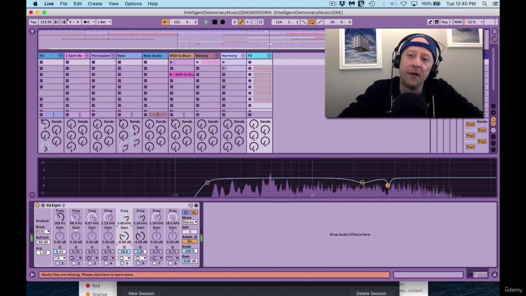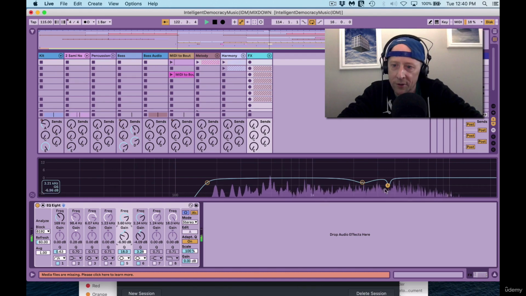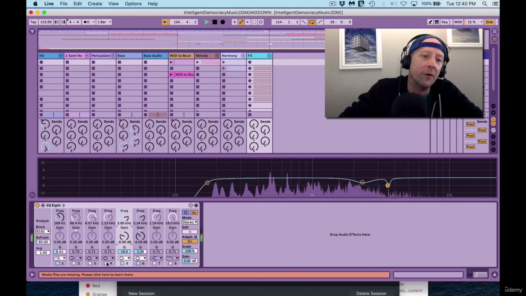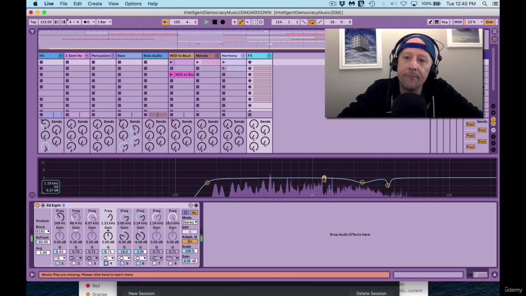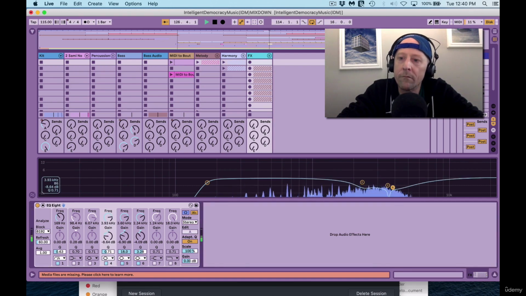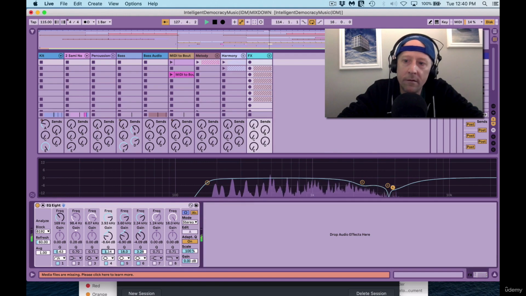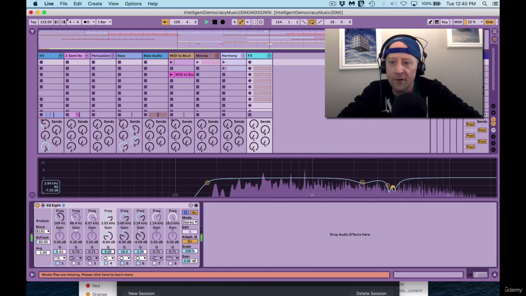Depends on how serious I am about doing cuts. In this case, there's a whole bunch of frequencies up there I kind of want to tame. So I think I might even put one just a little bit higher than that. You know, the more we do these subtle cuts, the more we're going to be able to turn the sound up